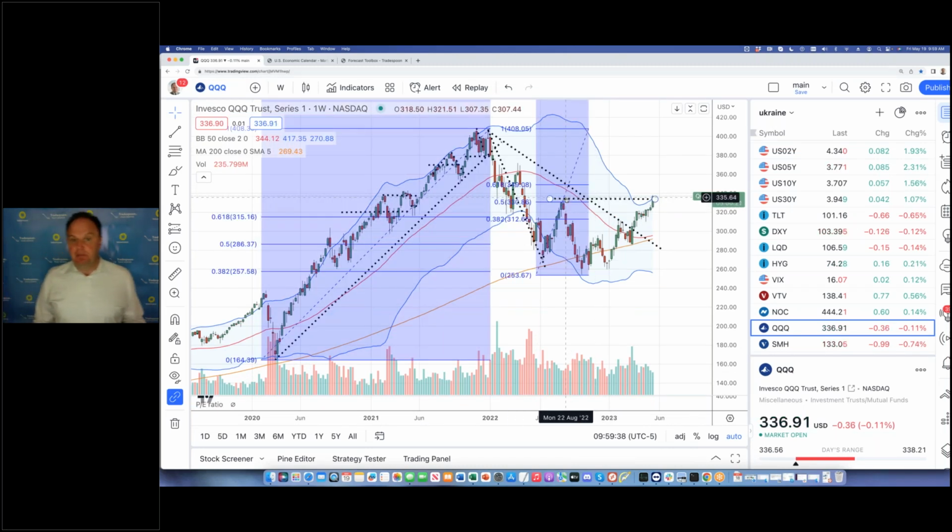So if this is a sustainable breakout, and QQQ, which consists of NVIDIA, Meta, 50% of QQQ are these 5 or 6 names: Microsoft, Google, Apple, NVIDIA, Meta. So if they continue to go higher, right, next week there is a follow through, then it could continue going to 364, right?